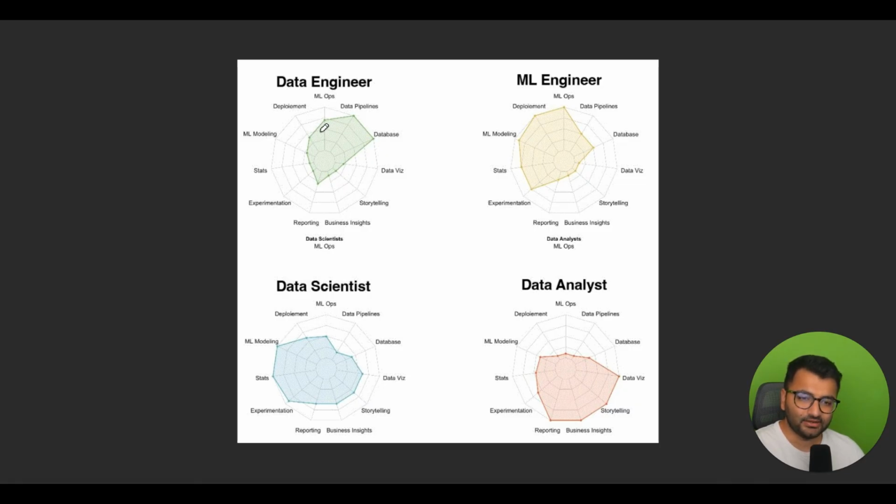Now, within the domain of data engineering, things that we would want to have experience with are things like MLOps. Some model deployment experience would be nice. You don't really need a lot of statistics, so you don't see that often. However, you do require a significant amount of experience with databases, data pipelines. So anything related to CI/CD or ETL or any of that kind of stuff, it's usually going to be within